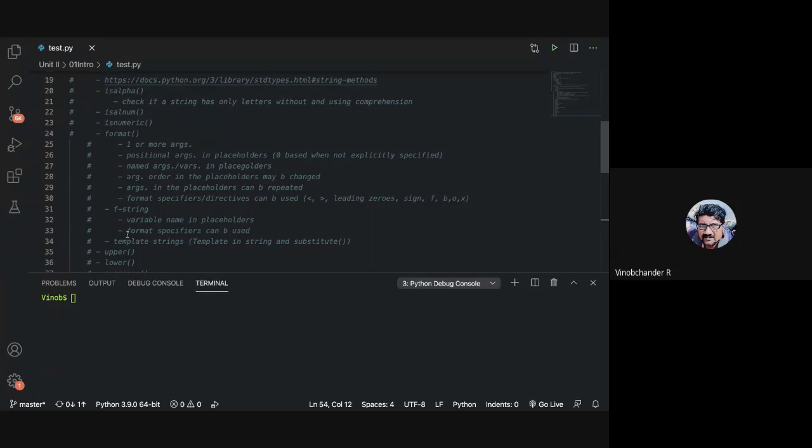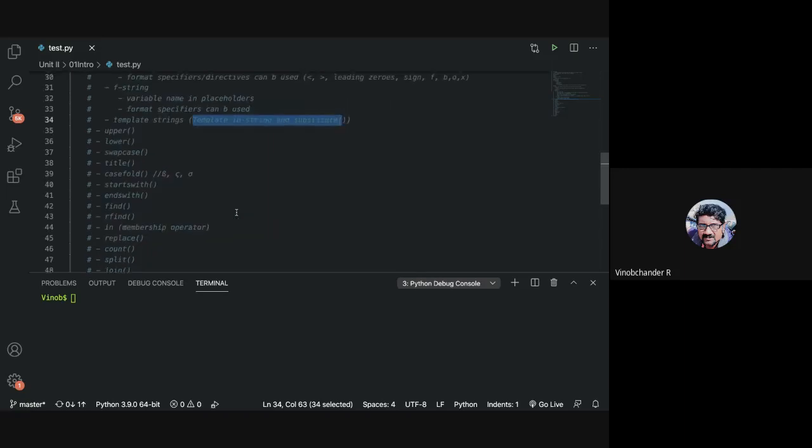So the other one is, guys, you have got one more thing which is available, but it is very rarely used. This is just for additional information. That is template strings. It is also used for formatting. The idea behind using template strings is you make use of a class called Template from your string module and make use of the substitute method. So let us see an example very quickly to understand template strings.